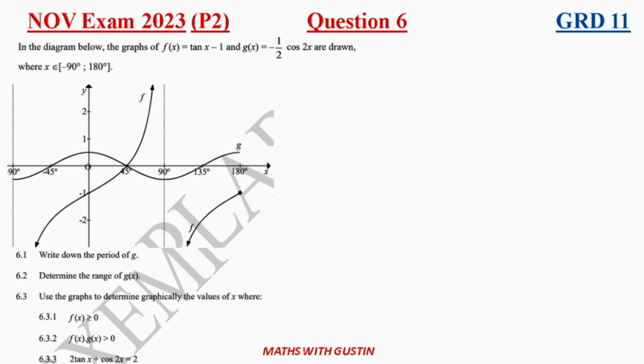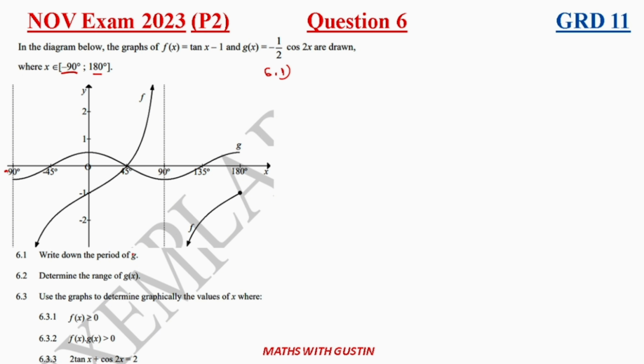Now today let's have a look at question 6 as we continue with our past paper of 2023. It is a trigonometry function. We are given that the graphs of f of x, which is given by tan x minus 1, and the graph of g of x given by negative half cos 2x are drawn for the period of negative 90 to 180. As we can see there, negative 90 here is the line of asymptote, and also 90 here is the line of asymptote. All right, so 6.1